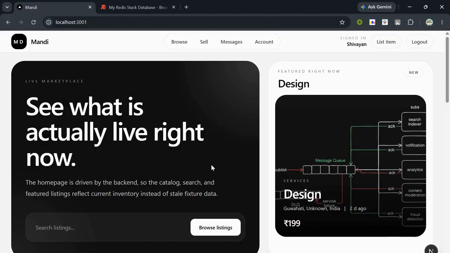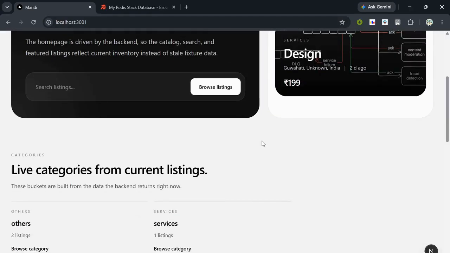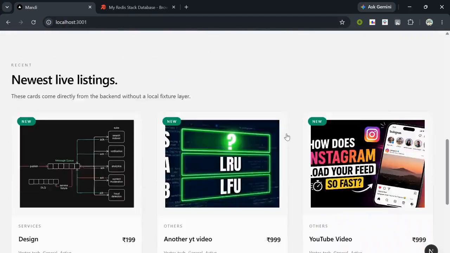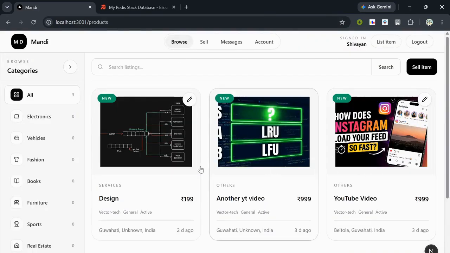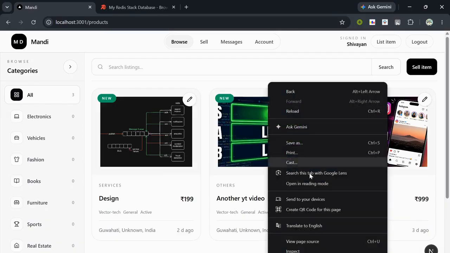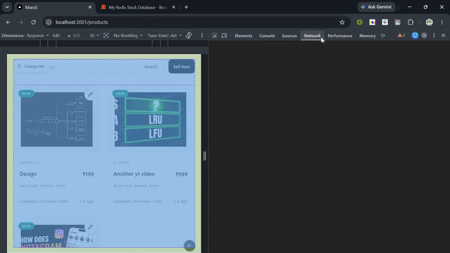This is the project which I have opened right here, which is currently running on my localhost, as you can see. In this application, we are loading some data from our backend. If I go to my products page, we can see that we have three products currently, which are being fetched from my backend. If I quickly inspect the page and go to my network tab,